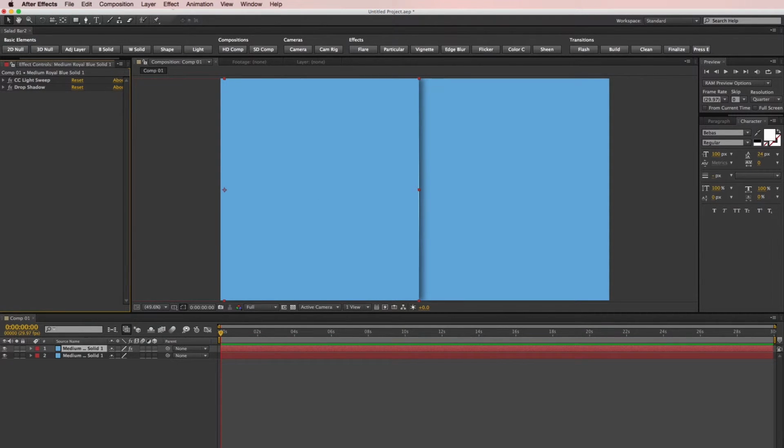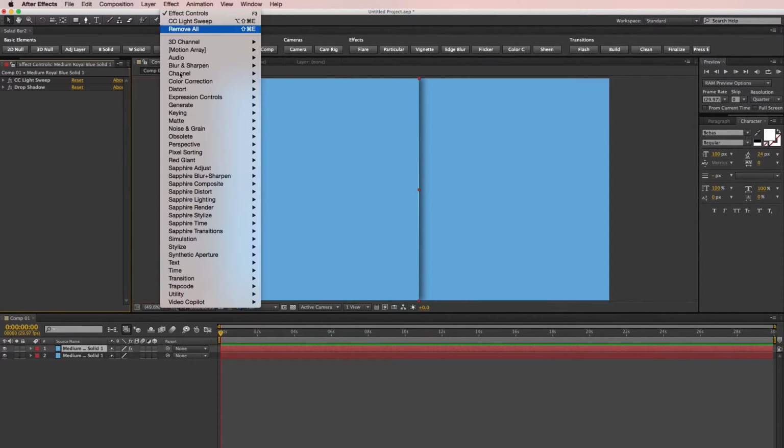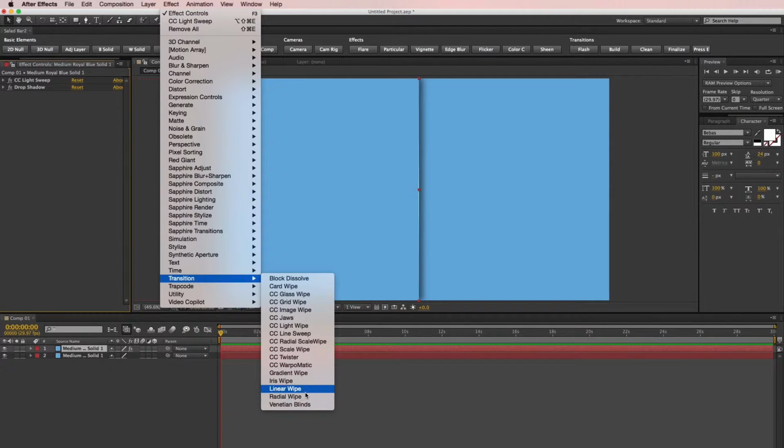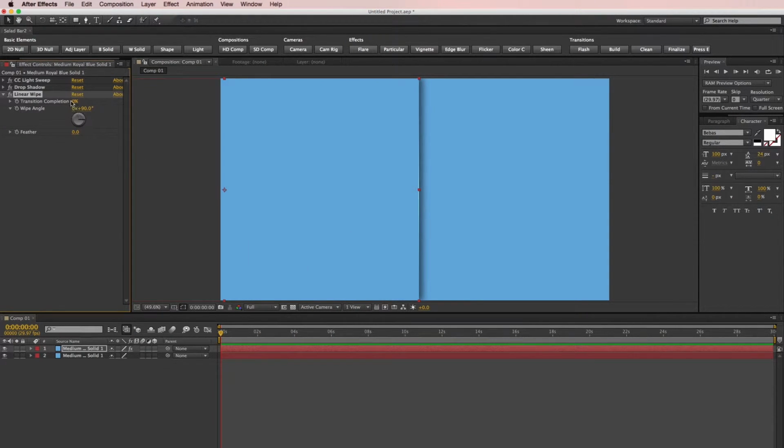The next thing I want to do is apply a linear wipe. So I'm going to come up to Effect, Transition, and Linear Wipe, and I'm going to change the wipe angle to 0, and I'm going to increase the transition completion to about 26% and increase the feather. So now you can see we kind of have one side of our cut effect going on,